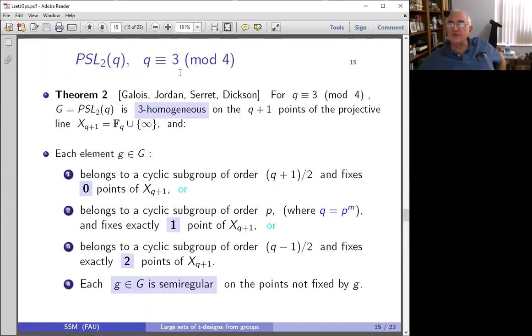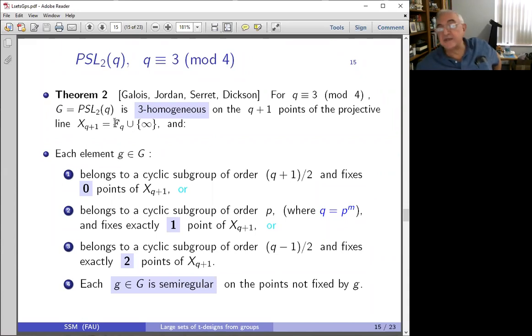Okay, now let's look for examples for possible groups that work here. If I look at the group PSL2Q, where Q is congruent to 3 mod 4, an early theorem by many people, well, they contributed in different ways. I didn't go back to the old literature, but Dixon actually quotes these authors. In any case, it's very well known that for Q congruent to 3 mod 4, PSL2Q is 3 homogeneous on the Q plus 1 points of the projective line, namely the field elements union the point at